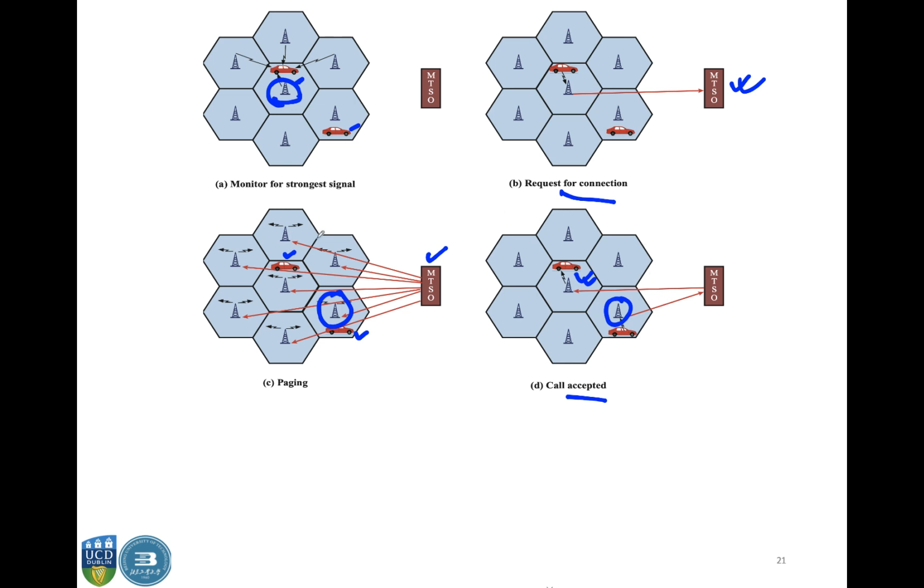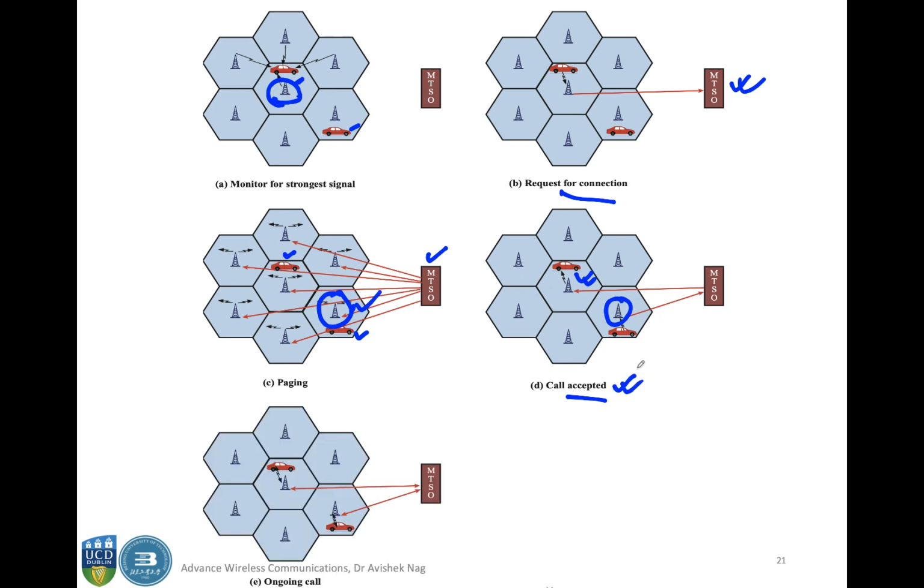The other base stations will ignore the paging signals. Only this base station will respond and the call will be accepted. And then the call goes on between these two base stations which are serving the respective mobile units. Okay. And then let's say this car